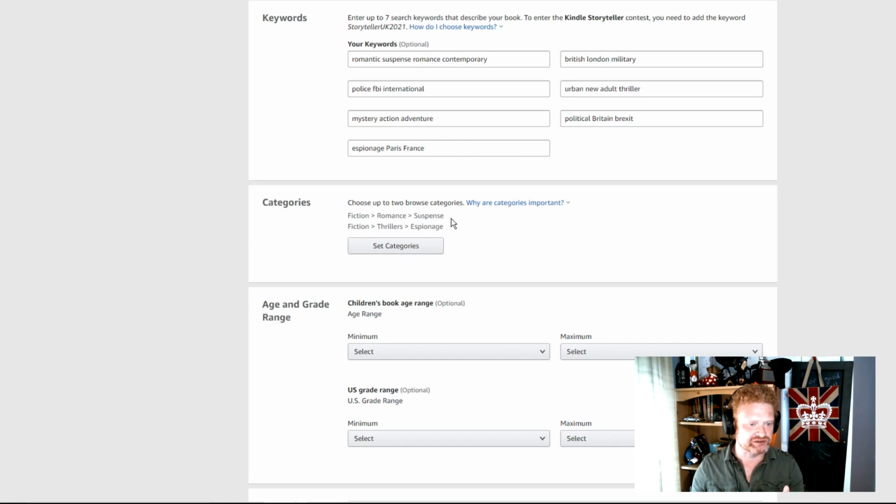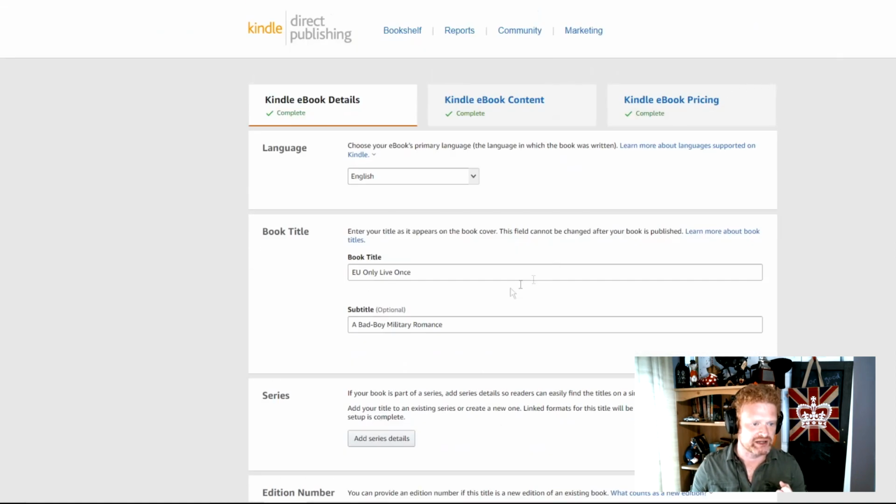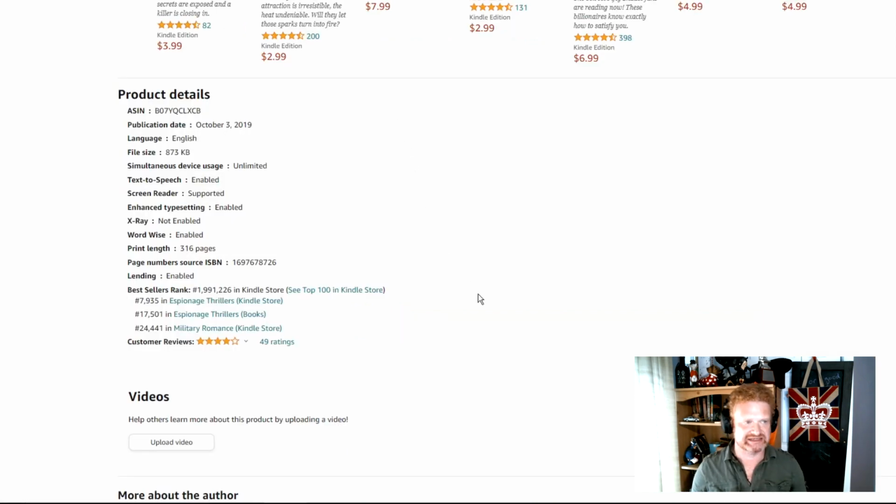The only way you could drill down into vaguely that area was by going romance to suspense. I found that by including romance and military in my keywords here, and also in the title of the book, it is listed as a bad boy military romance, and that told Amazon to throw this book into the military romance category. But this is kind of a scattergun system, and also it's completely falling apart at the moment